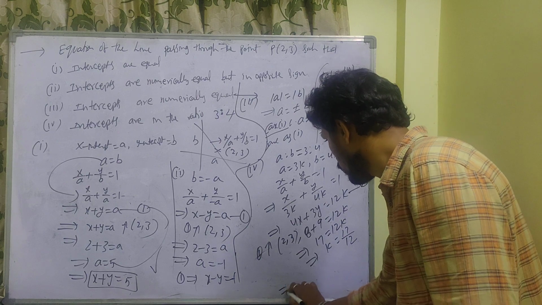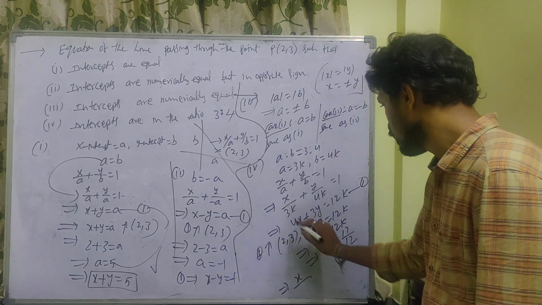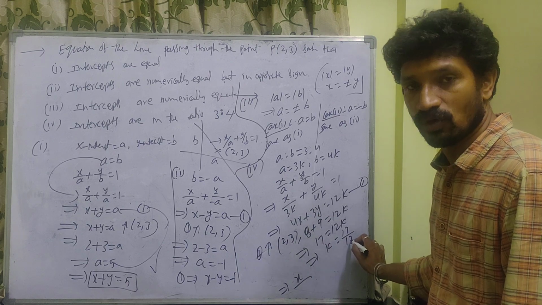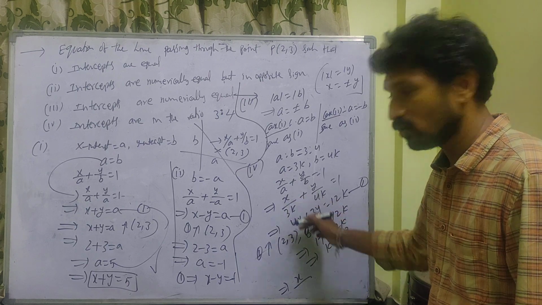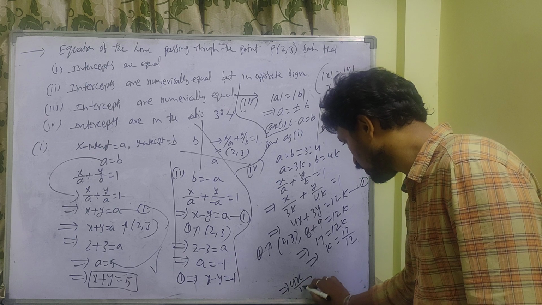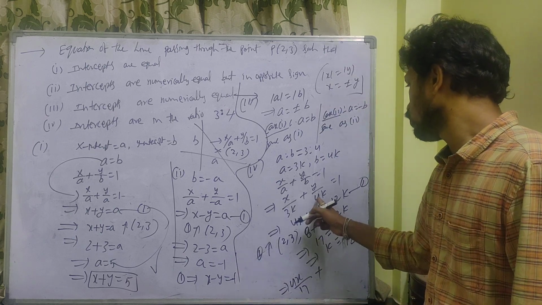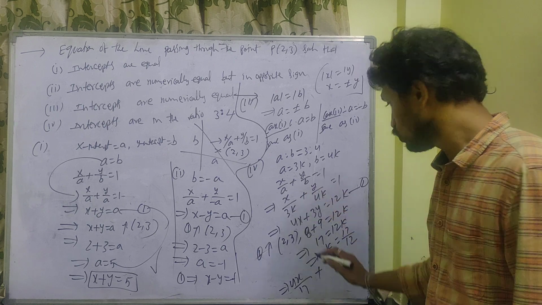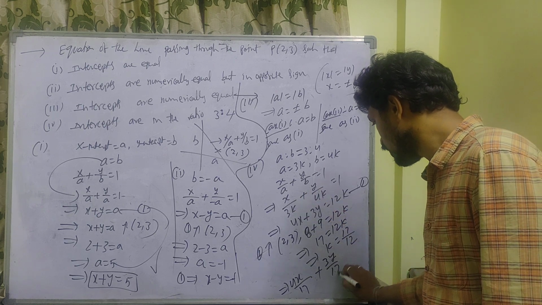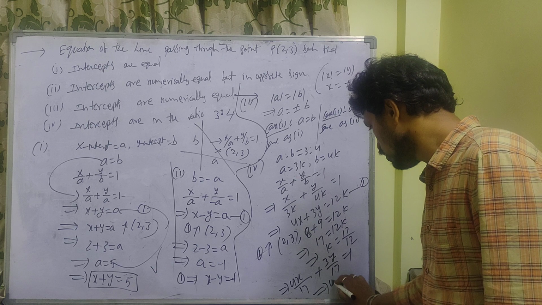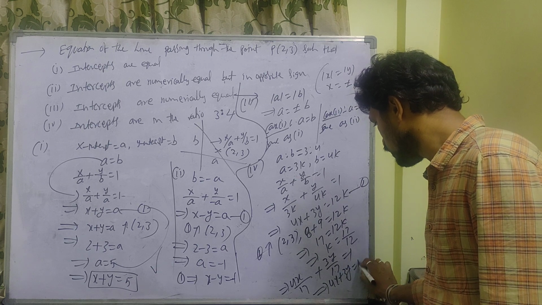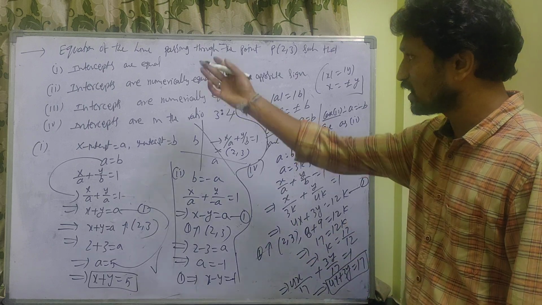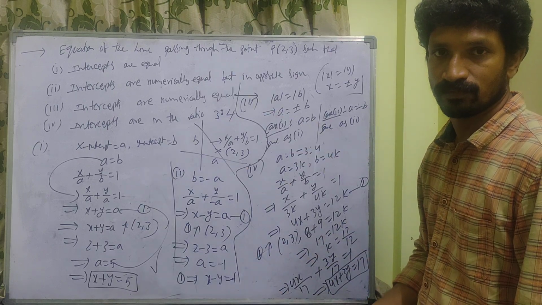So what will it be? x by 3 into 17 by 12. The 3 and the 12 cancel, with 4 going to the numerator. So 4x by 17 plus, similarly, 3 goes to the numerator, so 3y by 17 is equal to 1. If you simplify this, 4x plus 3y is equal to 17. This is the fourth question's answer. These are the standard model questions. Okay.